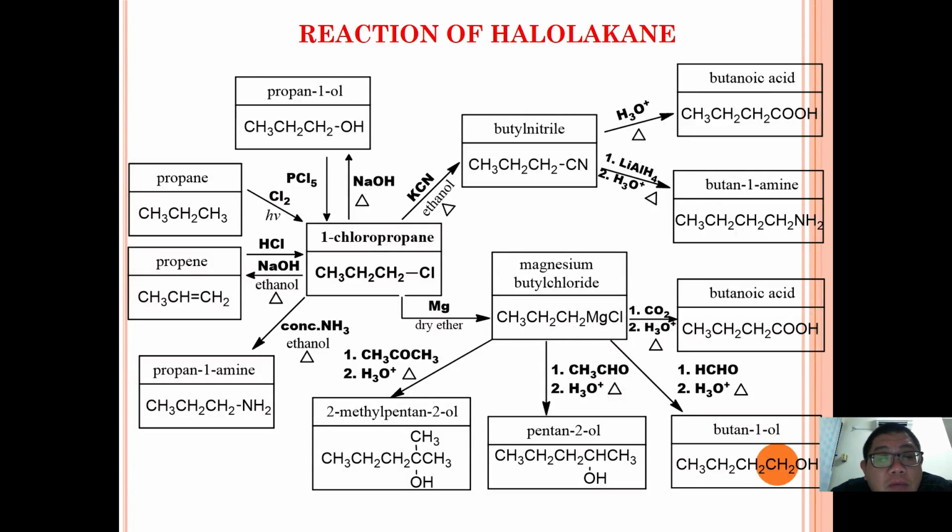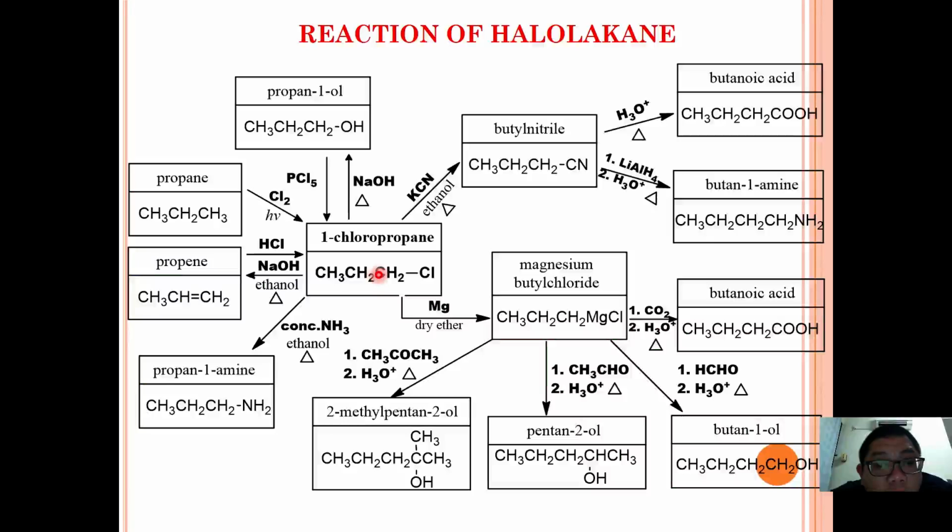So if you still remember how we prepared haloalkane previously, we learned that haloalkane can be prepared from the... I'm going to use this pointer. Now you can see that you can prepare haloalkane by using propane. So you have to use chlorine under UV to form 1-chloropropane, for example. And we also learned previously that propene, an alkene, can also be used to form haloalkane, where we react with HCl, sometimes in organic solvent, to form 1-chloropropane and 2-chloropropane according to the Markovnikov rules,